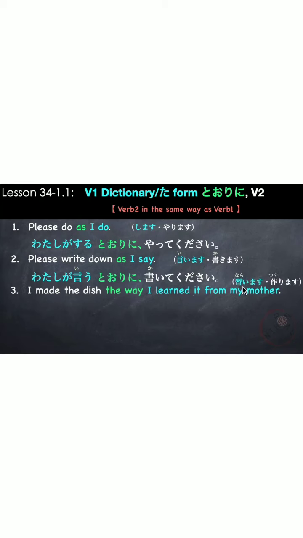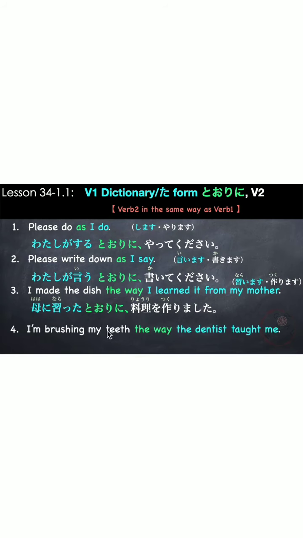Next is, I made the dish the way I learned it from my mother. Our verbs are learn, 習います, and made or make the dish, 作ります. So here we are going to use the た form because it's in the past or the action already happened. 母に習った、so 習います becomes 習った通りに料理を作りました。母に習った通りに料理を作りました。